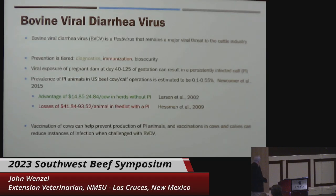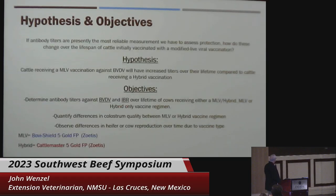And so that was one of the things that we wanted to look at. So my hypothesis was cattle receiving a modified live vaccination against BVD, I was strictly focused on BVD, would have increased titers over their lifetime compared to those receiving a hybrid vaccine. That's to be expected. I would expect a modified live to give better protection. So what we did is we ran titers, and like I said, I used BovaShield 5 Gold FP as my modified live vaccine,